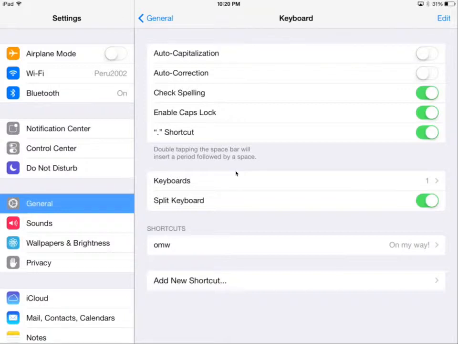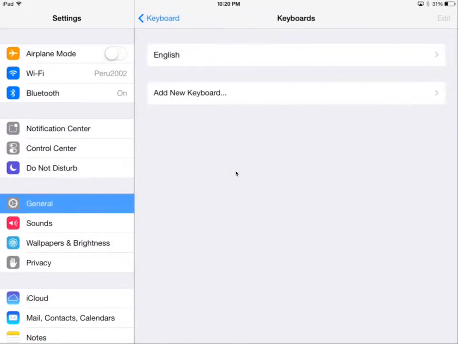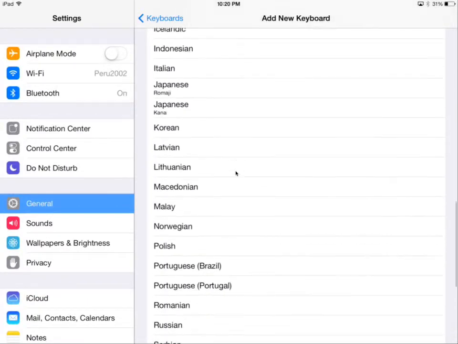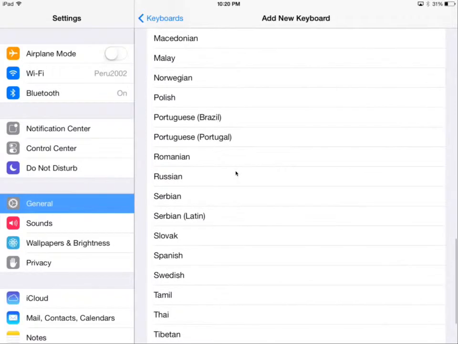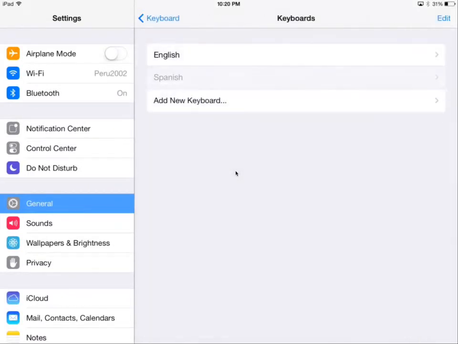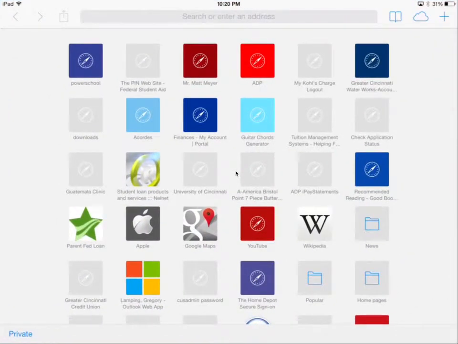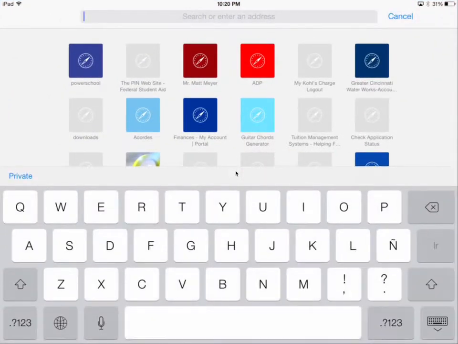So since we're going to be typing in Spanish today, I'm going to click keyboard, and I'm going to add a new keyboard, and I'm going to use the Spanish keyboard that's built into the iPad. And so I click Spanish, and now that keyboard's available to me whenever I want it in any of the apps on the iPad. And so if I go over to Safari, for example, I can get into Google,